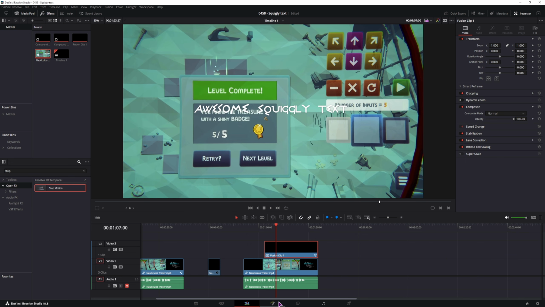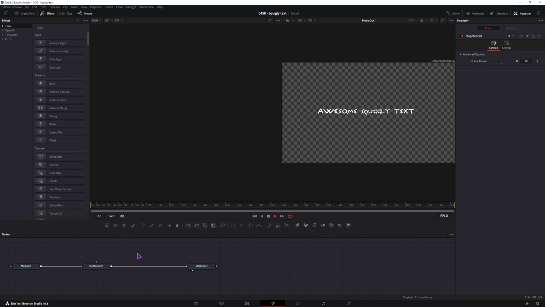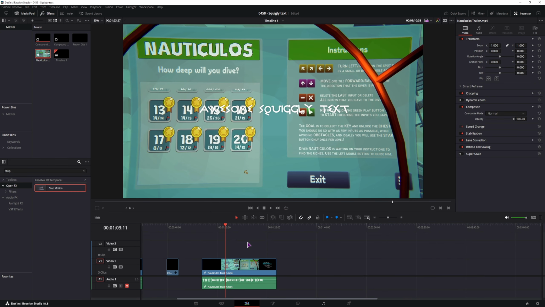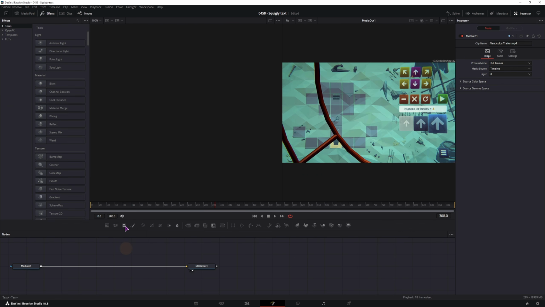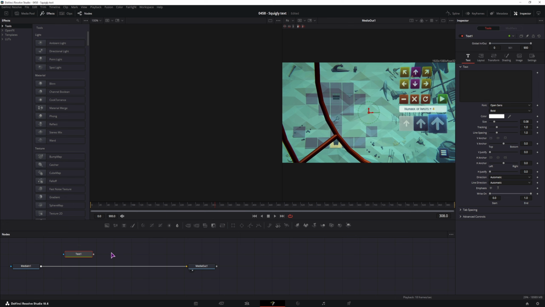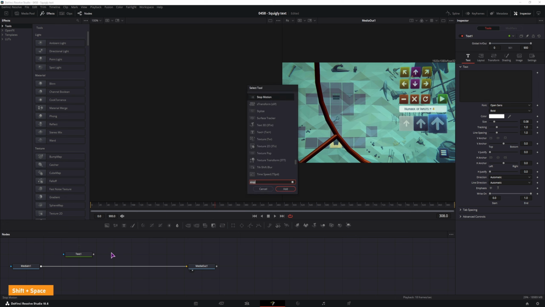Now it doesn't look the best as it does here, so to avoid this issue, I suggest you actually don't mix and match the edit page and the Fusion page. I suggest you just do it in the Fusion page. So I will use this clip, go into the Fusion page, I will use some text, we can apply the stop motion,